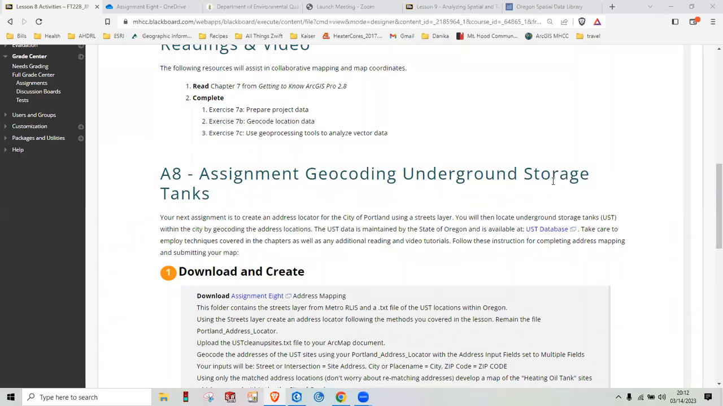In this video, we work on assignment 8, which is geocoding underground storage tanks here in the Portland metro area. And we're specifically going to be looking at Gresham. So there's a couple things. One, you're going to want to download this assignment 8